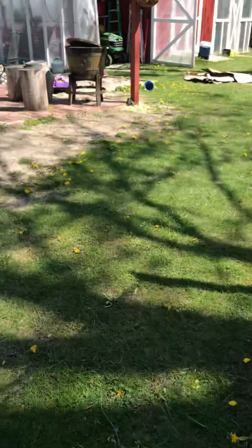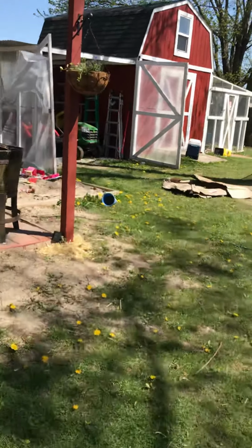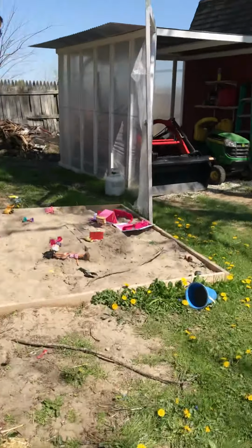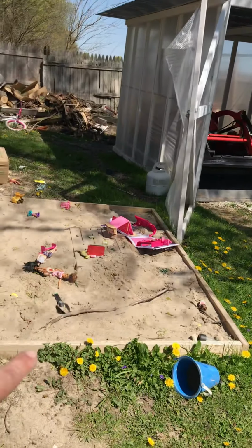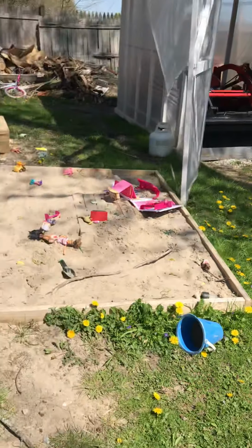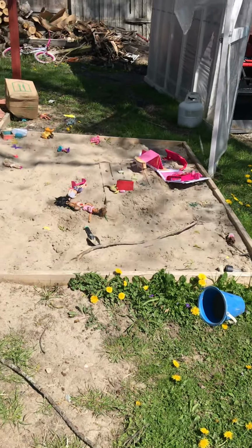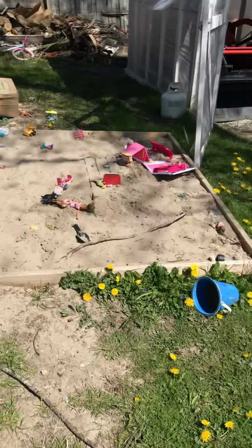Oh, we're going to move the sandbox. It's over this way. When we put in the tractor lean-to, tractor shed we call it, the sandbox was here and we hadn't planned on putting this in, but now that we put this in, the sandbox obstructs our ability to go around the shed. So we're going to move the sandbox somewhere,